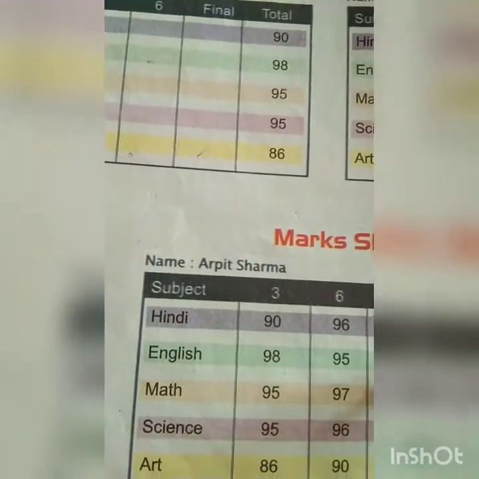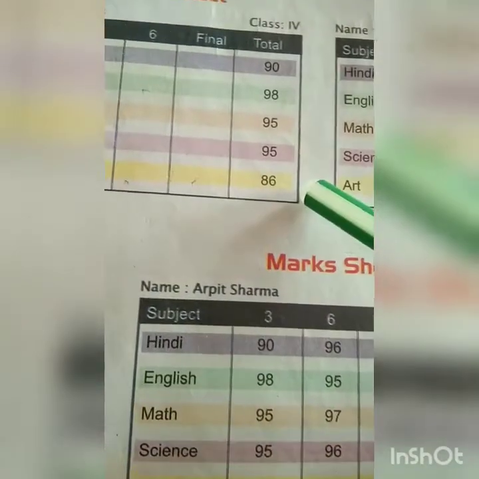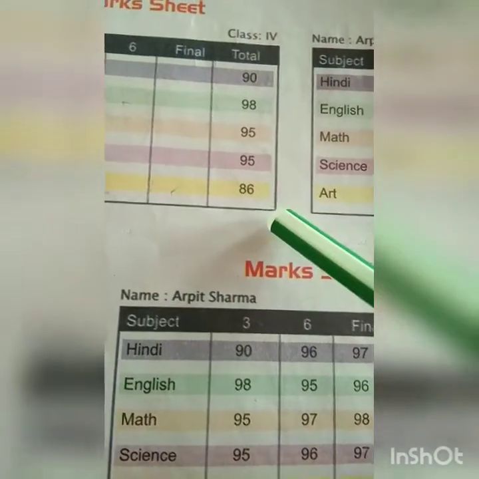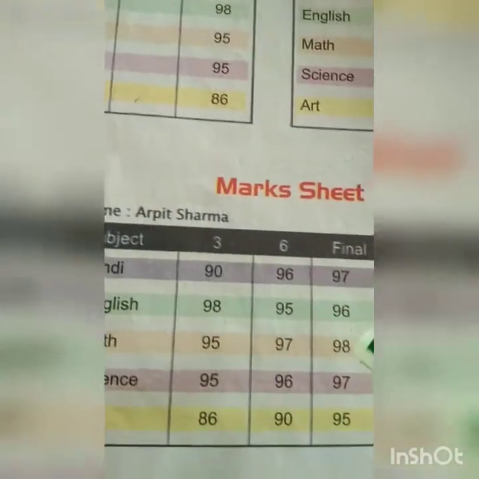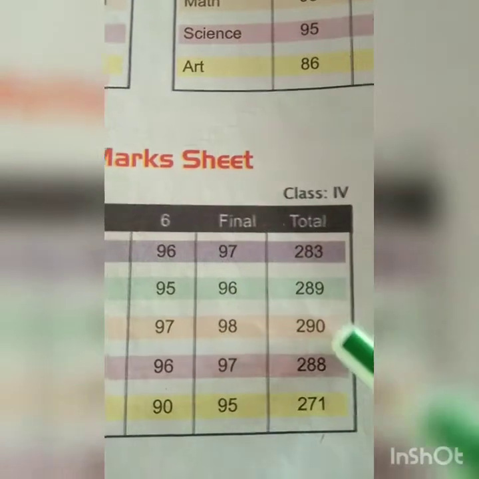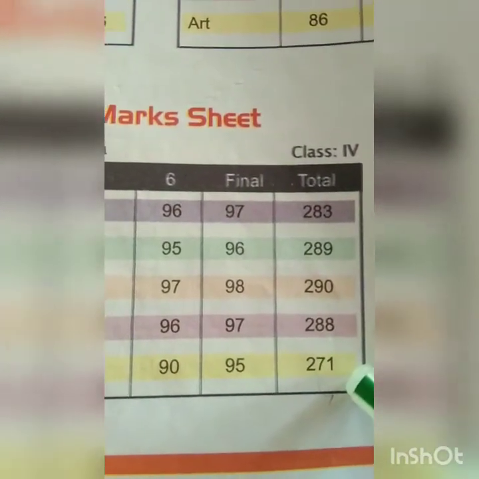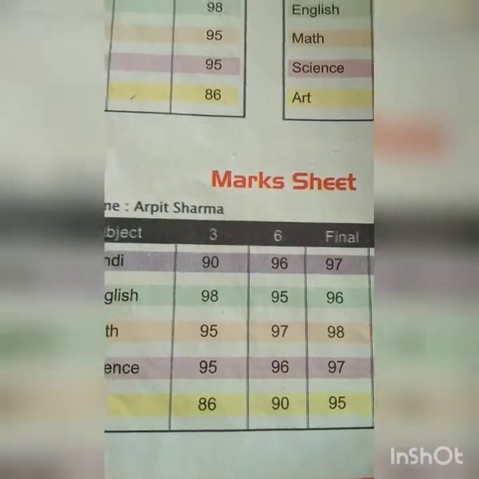Now here is the result of the final exam. So for the final exam, first exam, second exam, that is the 3-month exam, 6-month exam, and here it is the final exam, and you will get the annual report. So this is known as reusing the output.